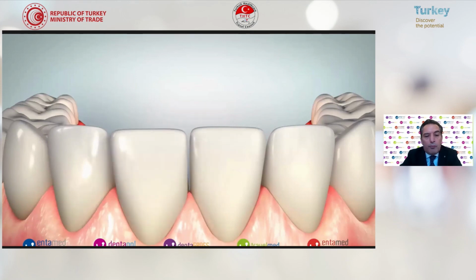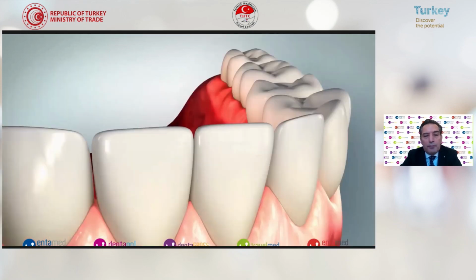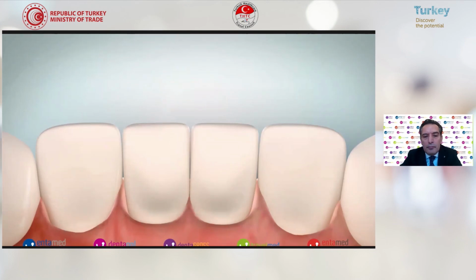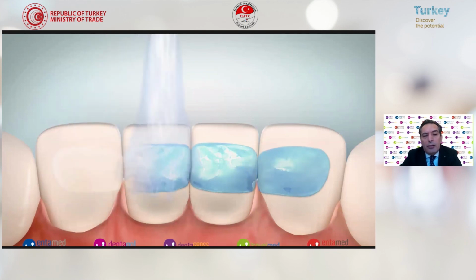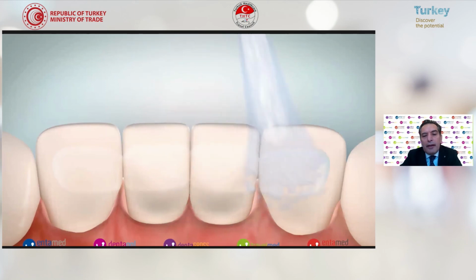It's moving because of gum problems. But the neighbor teeth are more strong and more stable, and we apply acid etching on the surface, and then we wash. We place composites,